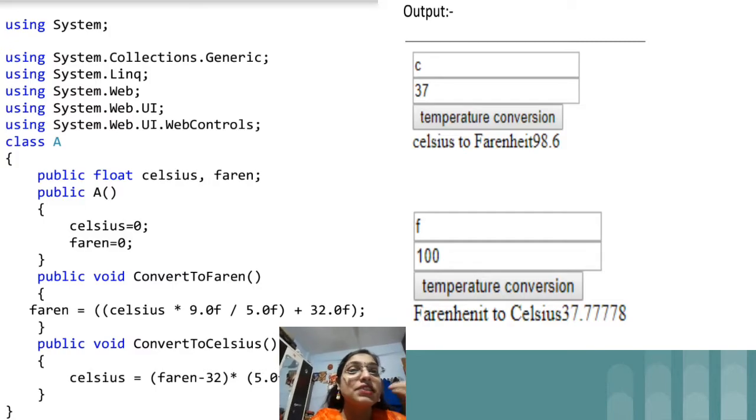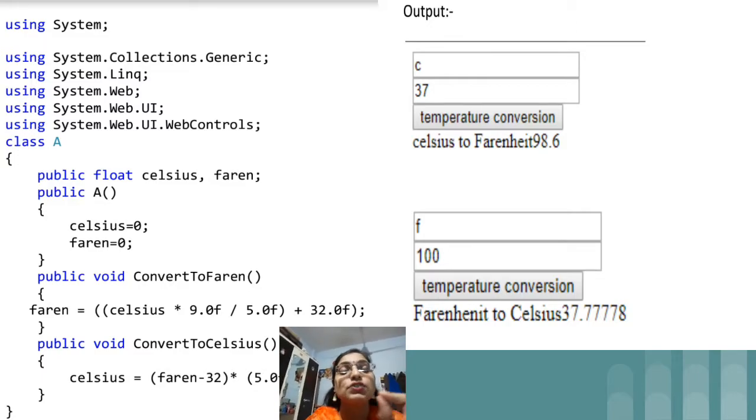As there is a division, we may get the answer in decimal, and this is the reason why the variables which I have declared, Celsius and Fahrenheit, are float variables, because we are going to perform division. So if there is a division, there are chances of having a decimal answer. This is the reason why I have declared float. So this is the formula, within one square bracket Celsius into 9 divided by 5 plus 32. Okay, so this is the calculation.